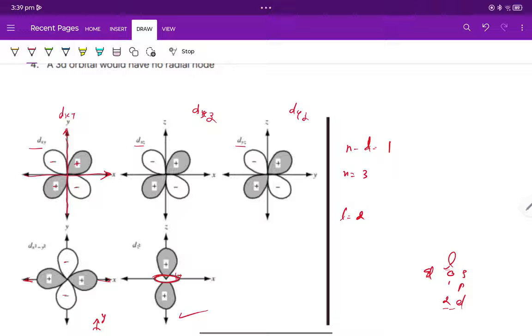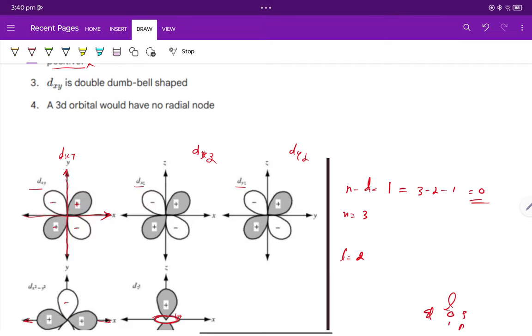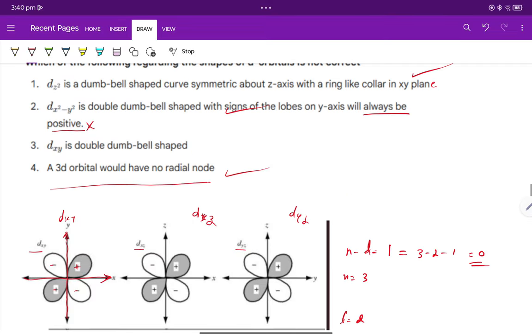Now the nodes will be n minus l minus 1. So 3 minus 2 minus 1, which will be equal to 0. Of course, a 3d orbital will have no radial node, and this is also a right answer. So your option will be